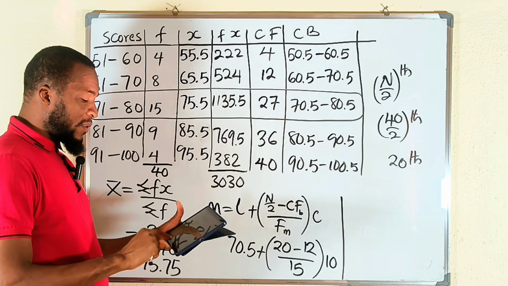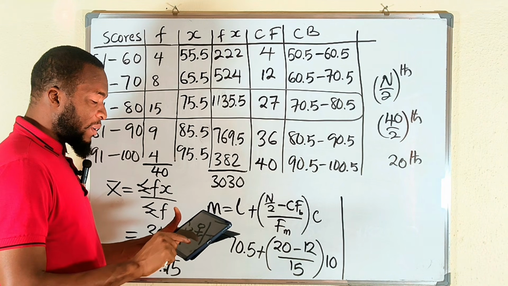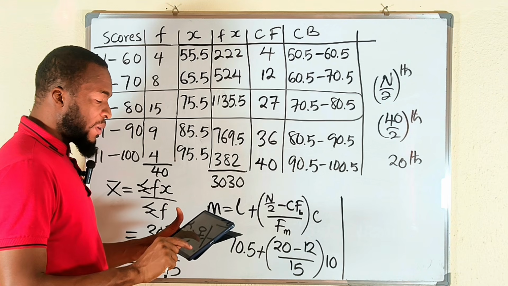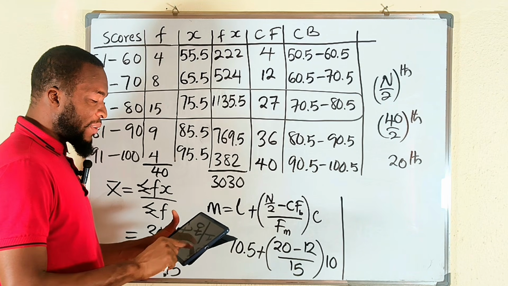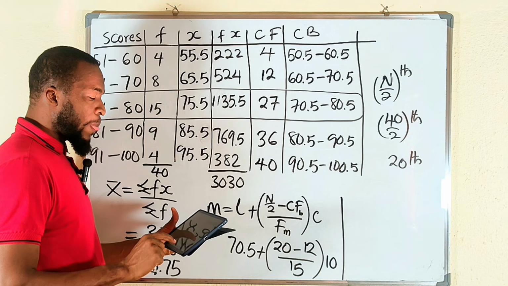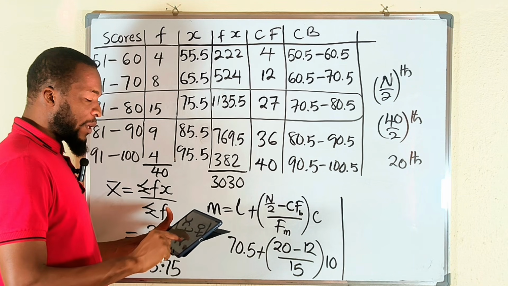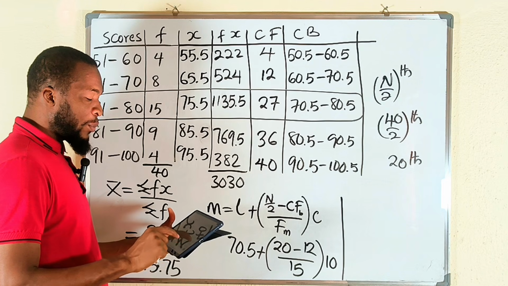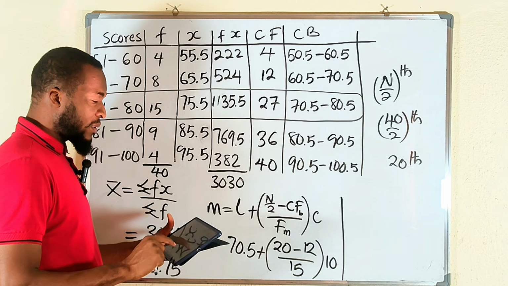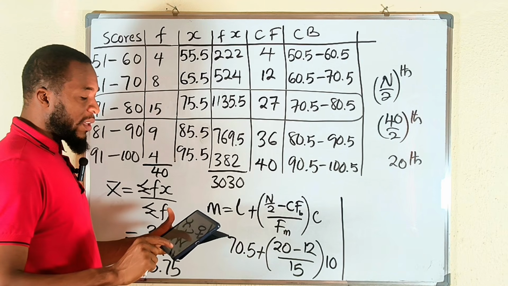Just a moment, please. I have 20 minus 12, which is 8 divided by 15. That is going to give us 0.5333. You multiply by 10. That is 5.3 something plus 70.5. This is going to give us